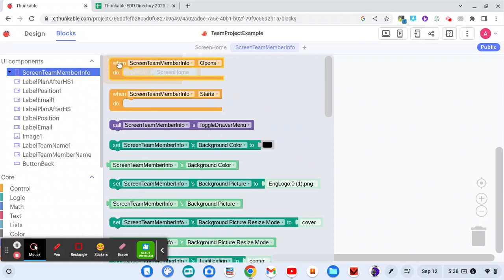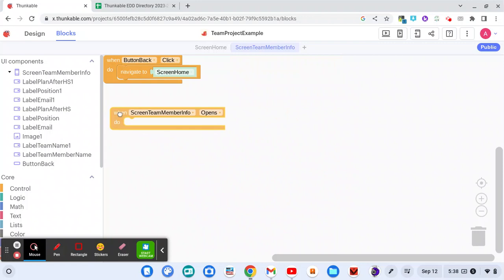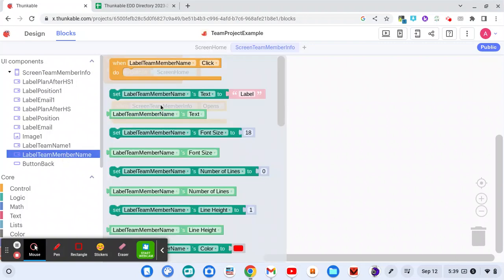So we're going to drag the when it opens, so when the page opens here. And we wanted to pull the team member name and place it. So we're going to click on label team member name. There it is. And then it is set,